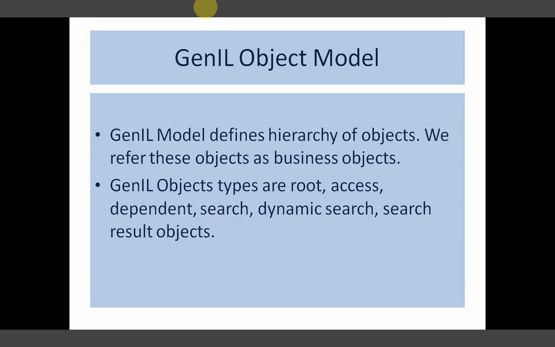Dependent object, as we discussed just before: customer details, then I need an address. We cannot give the address directly; if I just say I need an address, that is not full-fledged information. Address of whom? Of so-and-so customer. So first we need to know the customer details, then only we will be able to fetch the data. So there would be a dependent object called address, which is dependent on its parent, like customer details. So that's about the dependent object.